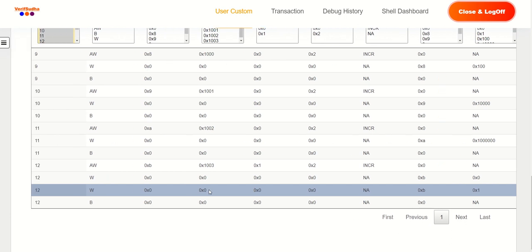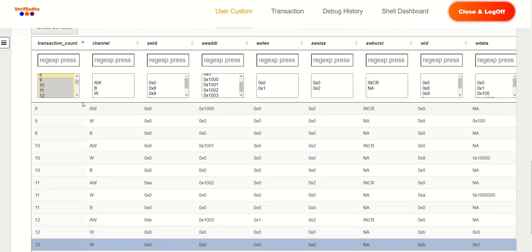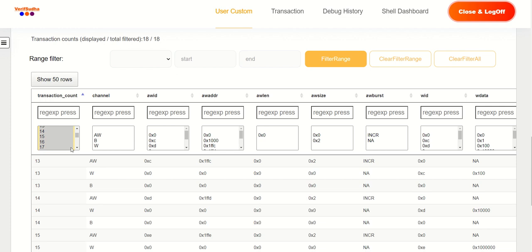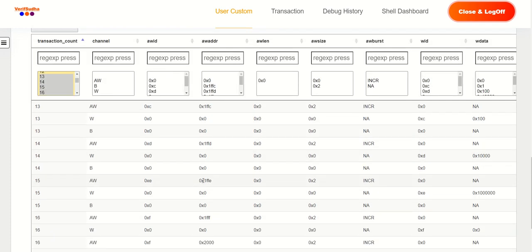So this is how it behaves when it's not crossing the 4 KB address boundary. Now let's look at the next 4, where it will cross the 4 KB address boundary. So let me select these 4. Let me just get rid of this one, sorry about that. Let me just select this one. So yeah, we have these 4. So if we look at FFC,